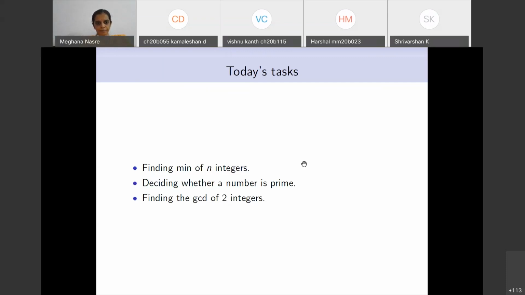We'll look at them. Then we'll look at this task of determining whether a given input integer, we'll assume that it is a positive integer, is a prime number. And then finally we'll look at computing the GCD of two integers, that is the greatest common divisor, which will be an interesting exercise. Again, the last task will have two positive integers. Okay, any questions, comments on the things that we have done earlier, or anything that you want to bring up?